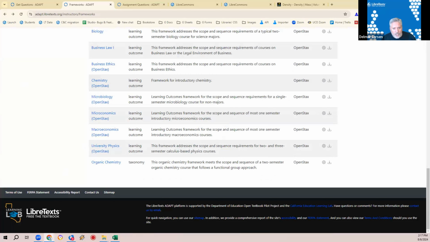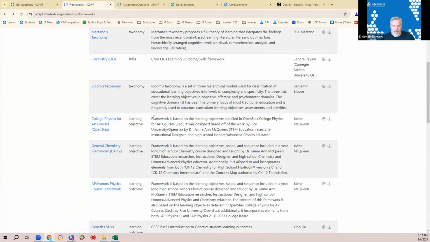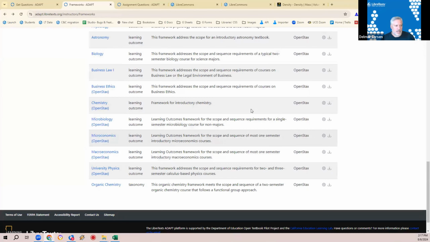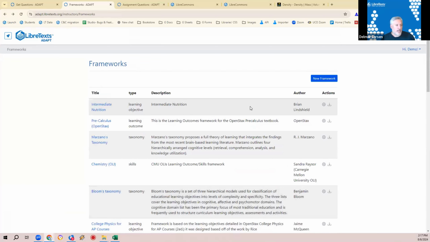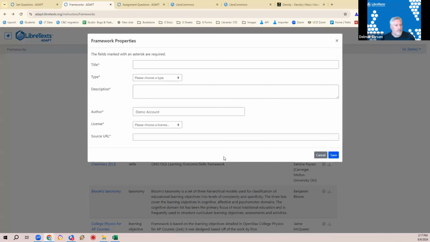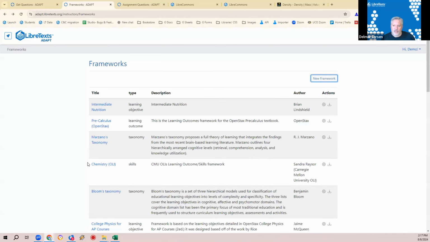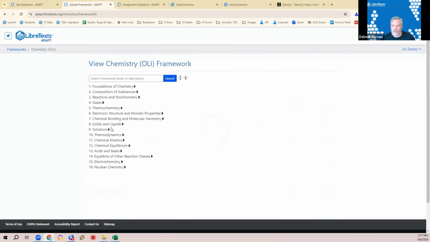Second part of your question, Jason, is does the framework come from the text I put together or can it come from other sources? The frameworks right now are constructed directly here. They can come from a variety of different sources. You can implement your new framework right here, and you can generate it in an Excel form and upload it. And you have the ability to come in and start to edit these